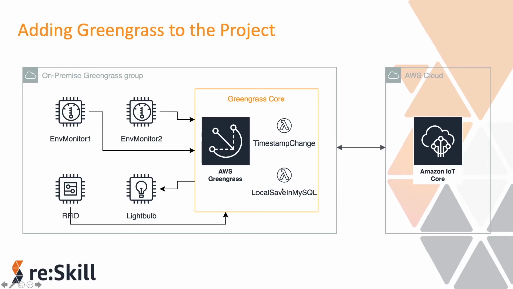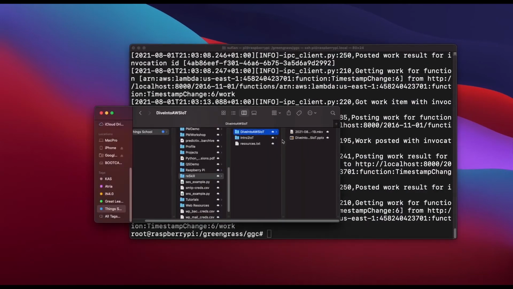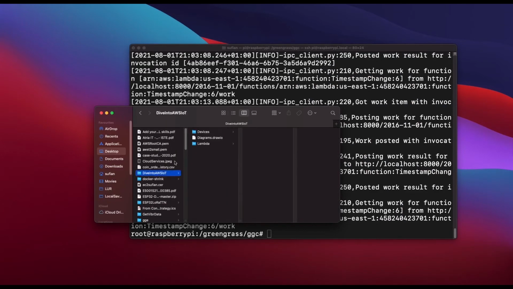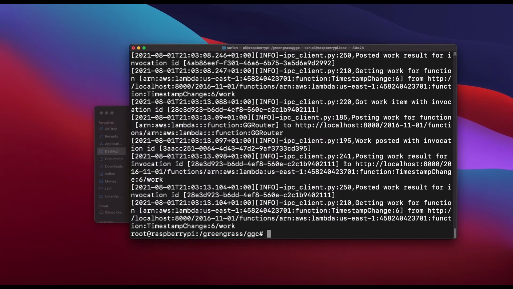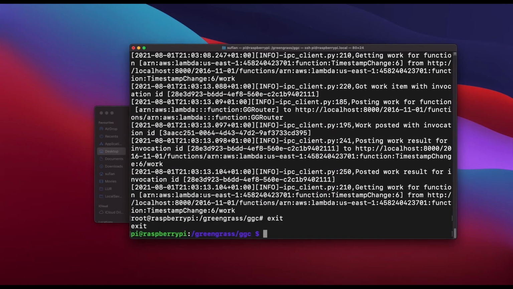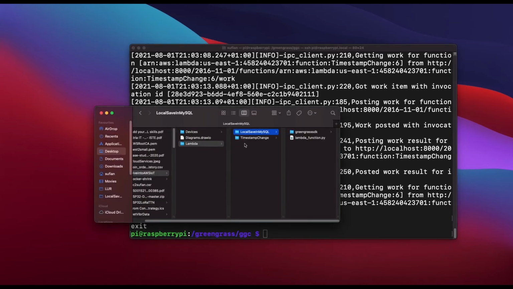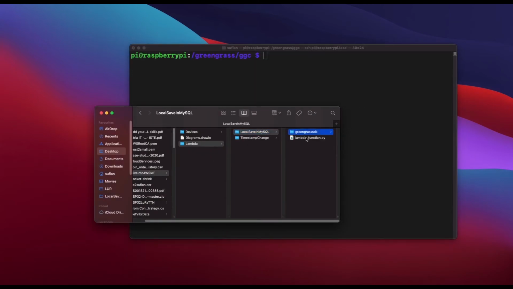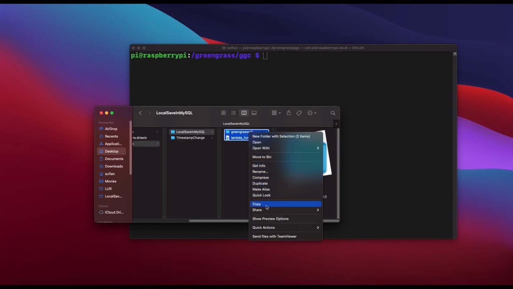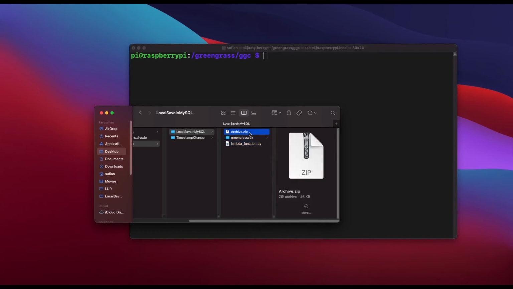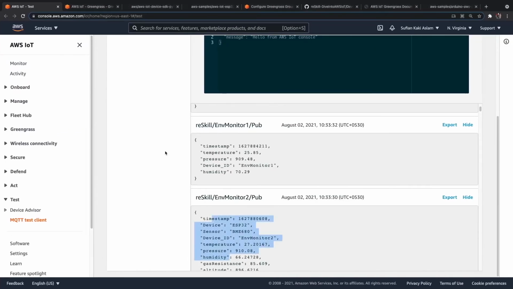So how do we work with this local script? In that same folder where we have everything, there is also a lambda which is called local save in MySQL. So what we need to do in Raspberry Pi is we first need to have certain things, but to begin with, there is this SDK and a lambda function. We need to select it and then compress it so it becomes a zip file, and then what we can do is go ahead and create a lambda function first.